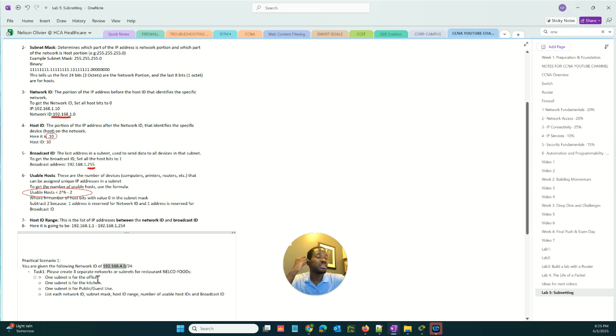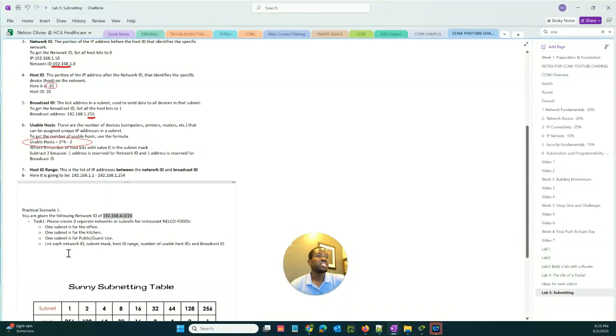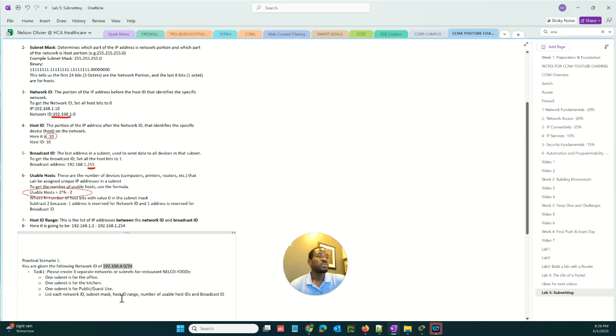I want to create a subnet for my office, a different subnet for the kitchen, and a different subnet for the public or the guests that come into the restaurant. So we have to create 3 subnets out of this principal subnet. We list each network ID, subnet mask, host IP, host ID range, number of usable host IDs, and broadcast ID. So this is what we're going to do in our next lab,